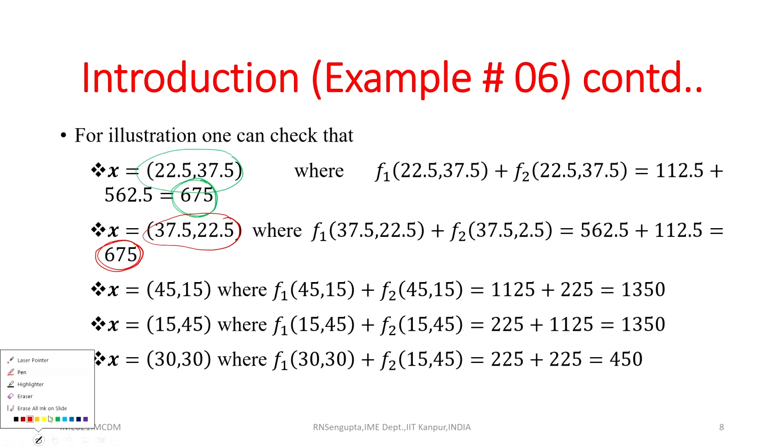For a third case, if the coordinates are 45 15, the value which I found for the combined objective function f 1 plus f 2 now comes out to be 1350,